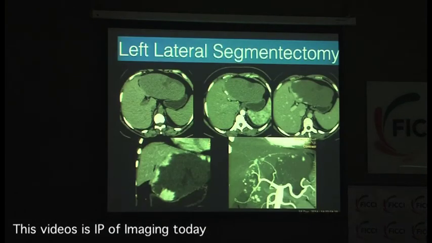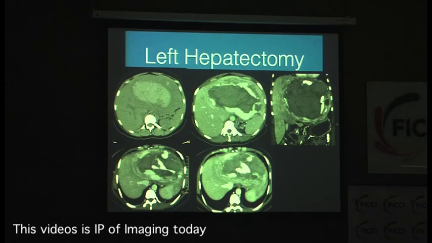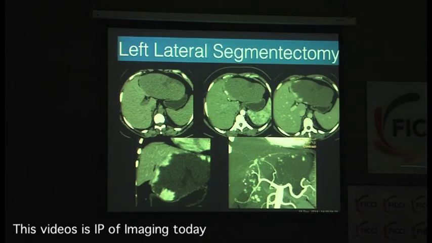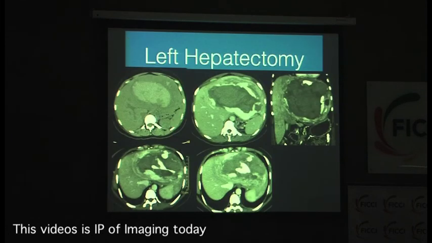Now just some fun cases where we did liver resections for benign lesions. So what is to be removed in this? Left? Actually this looks pretty huge, but it's just part of the left lateral segment and the battery has run out. Yeah, okay. Can you see the fissure for ligamentum teres? On the left of that is just the left lateral segment. So this patient had a symptomatic hemangioma which we removed.